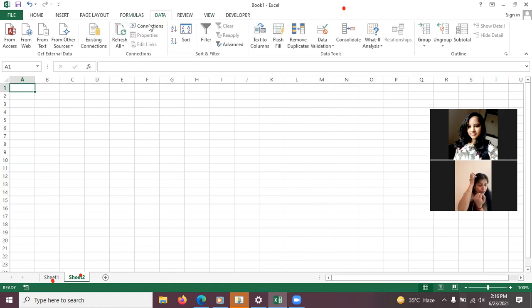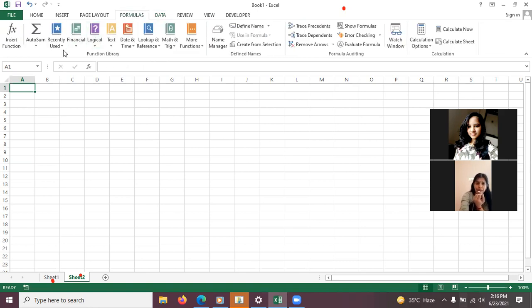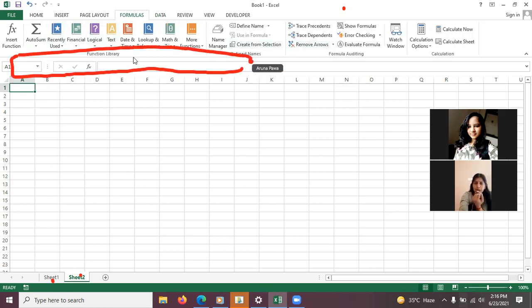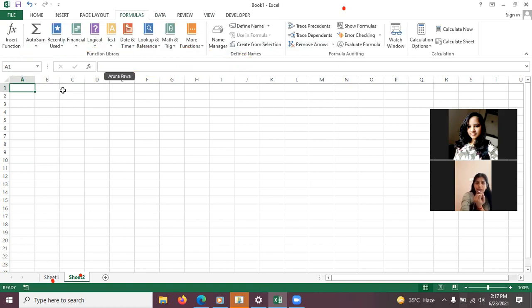Okay. Then we have the formula bar. The formula bar is also shown here, where fx is written. This is your formula bar, in which the name box is also there, and the formula bar. So whatever formula you apply in the cell you write, that formula automatically comes here in the formula bar. And it comprises the name box also, which shows the name of the cell. Here you can see A1 is written. So this is the name of the cell which is right now selected. This is the formula bar.